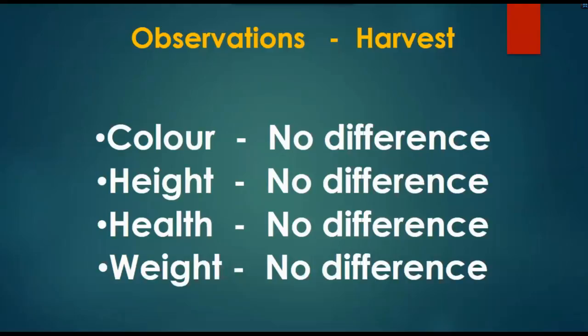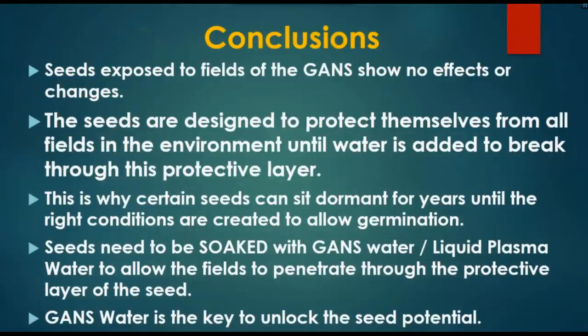So nothing, the seeds exposed to these fields had not had any change on the seed itself compared to our control seeds. So what we had discovered then was the seeds exposed to just the fields of the GANs show no effect or changes, which confirms